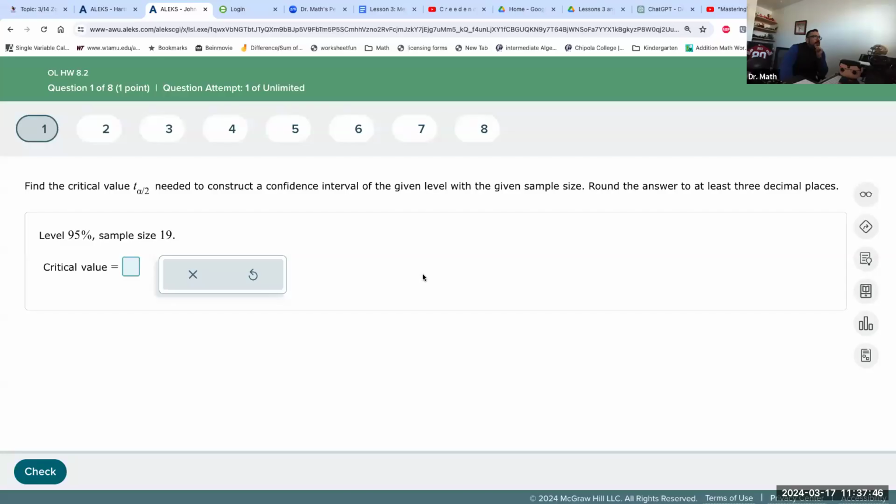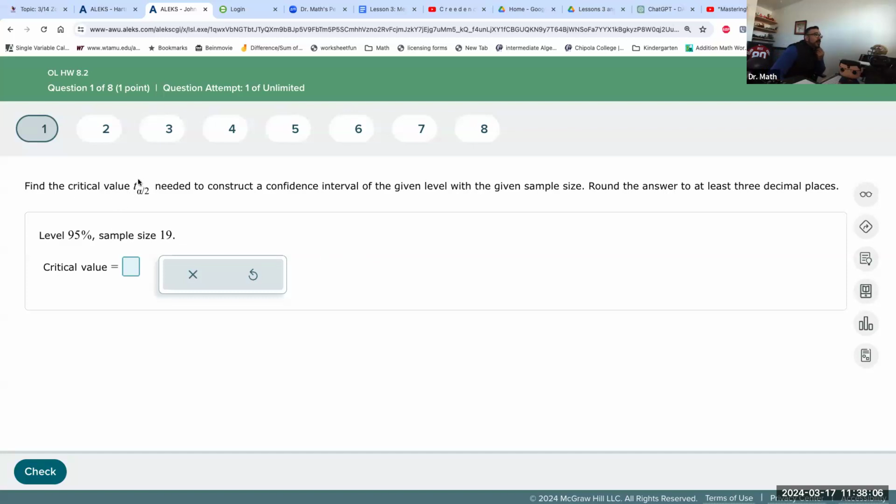I'm going to jump into 8.2, a quick little video here to help you out with T intervals, confidence intervals, distinguishing when do I use a T interval versus a Z interval, looking at all those important ideas. All right. So in this case, they want us to find the